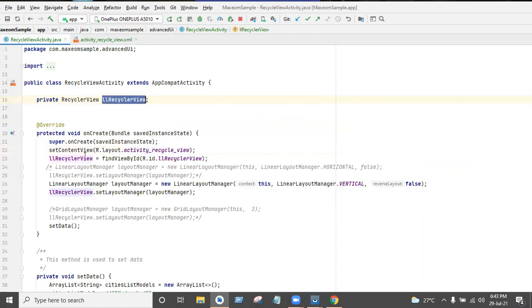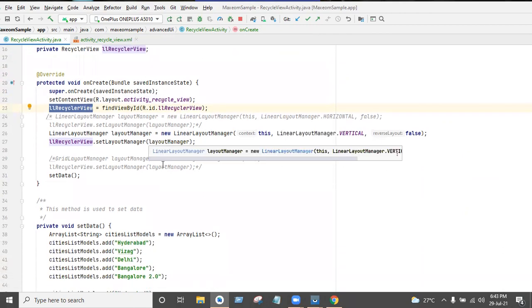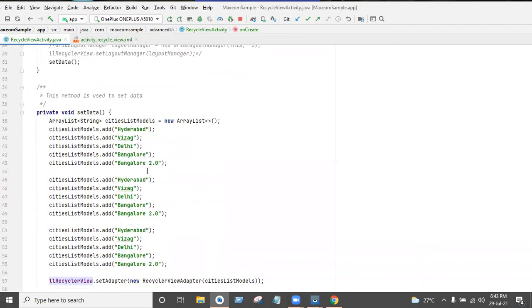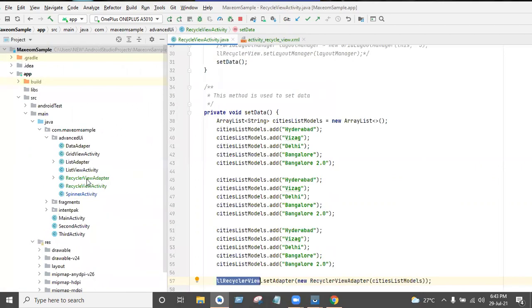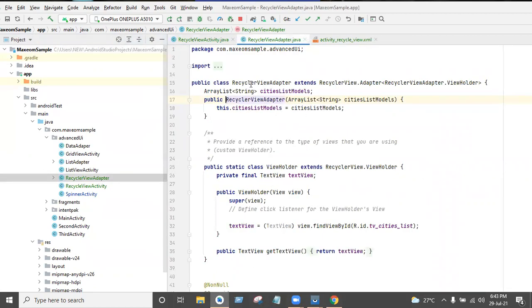RecyclerView also has an adapter. RecyclerView has a RecyclerView adapter.